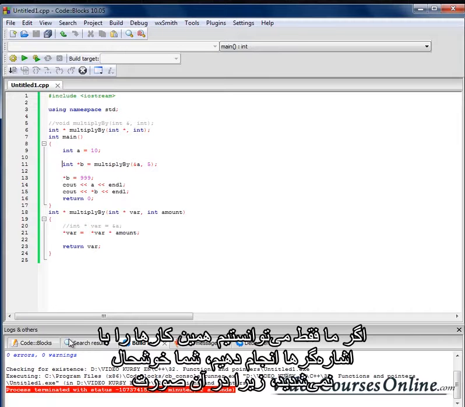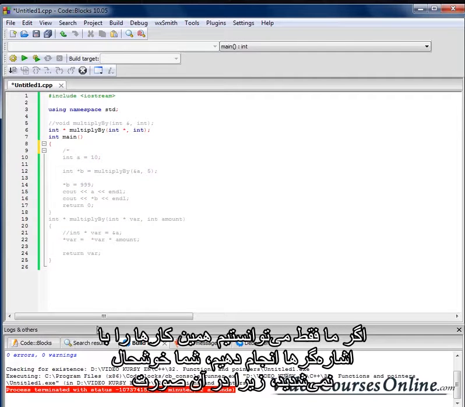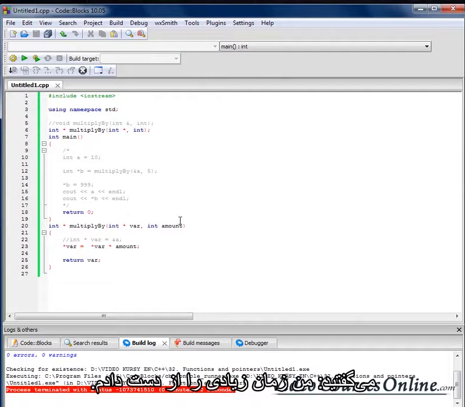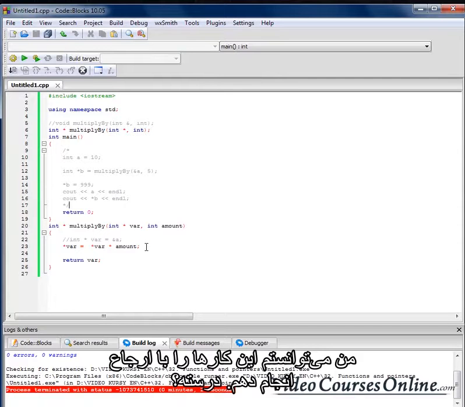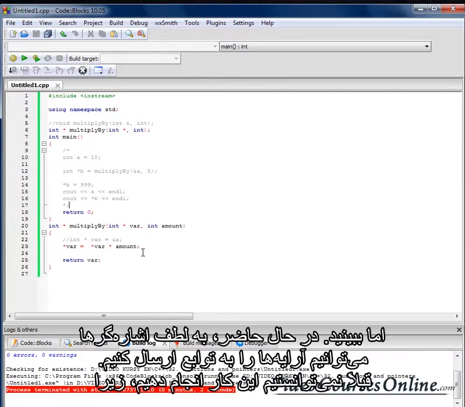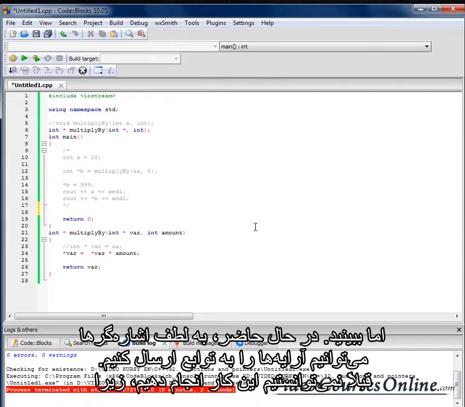If we could only do those things with pointers, you wouldn't be happy now, because you would be like, hey, I lost lots of time. I could do that almost with references, right? Almost everything like that. Yes, but look, right now, because of pointers, we can send arrays to functions. Before we couldn't do that